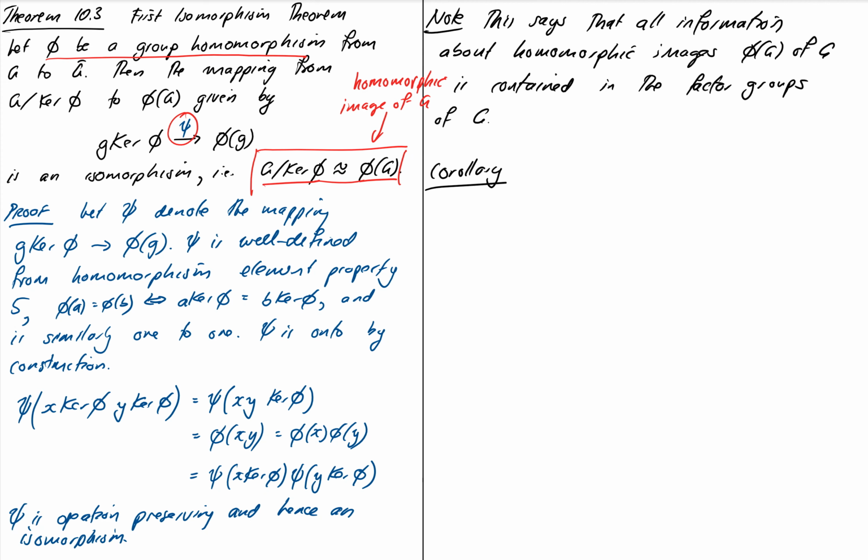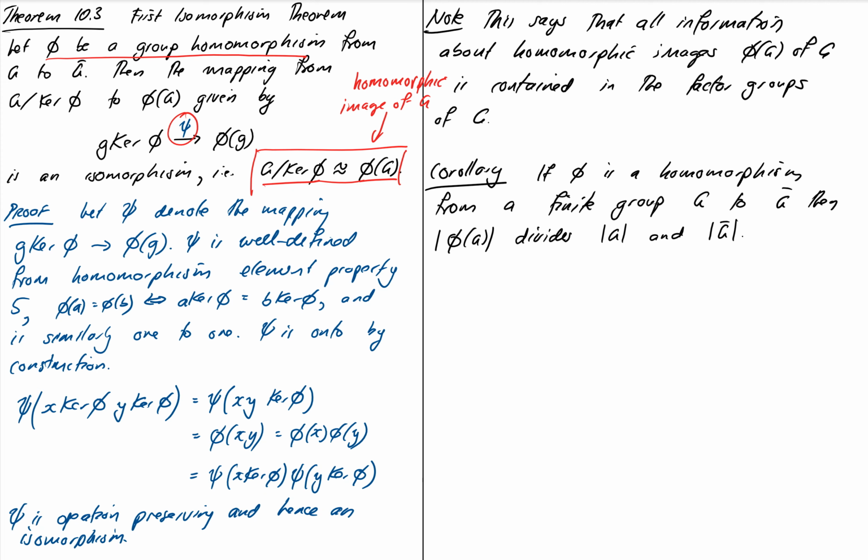which says that if phi is a homomorphism from a finite group G to G bar, then the size of phi of G divides both the order of G itself, let's not make my G's look like A's, and also the order of G bar. Why is this? Well, we know that phi of G is isomorphic to G factor group of kernel phi, which means the order of G is therefore equal to the order of phi of G